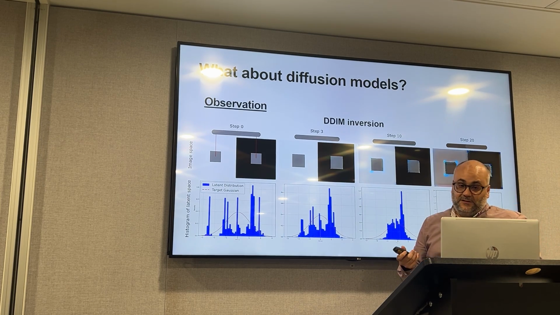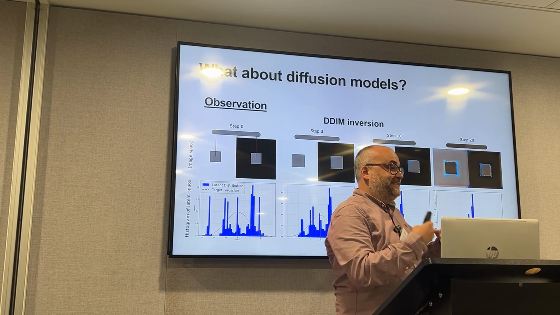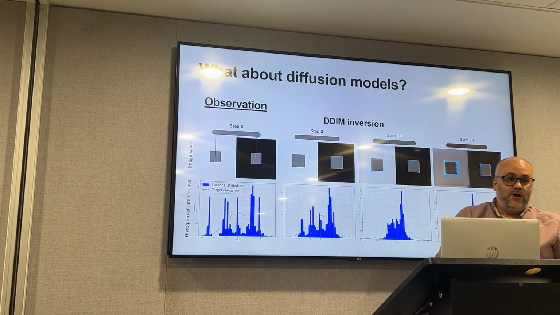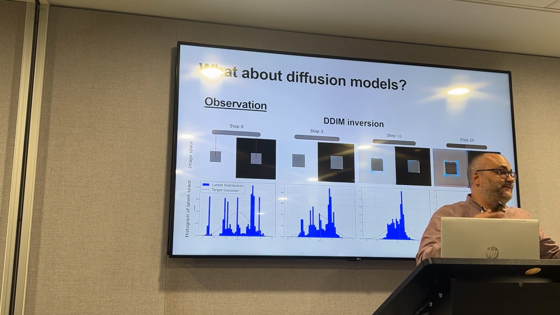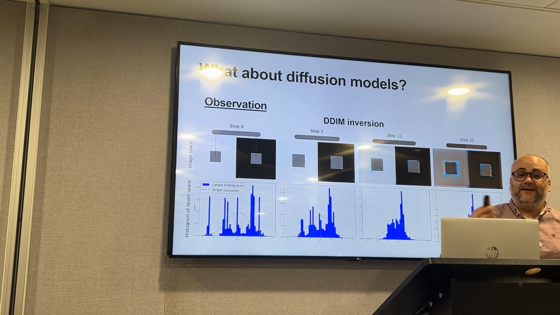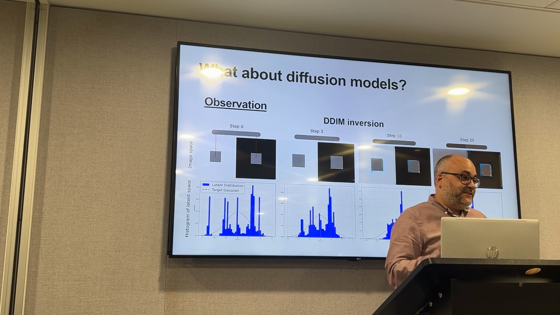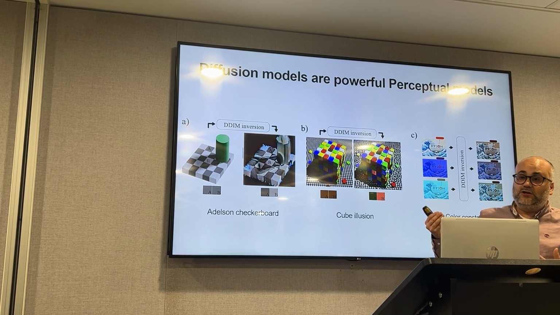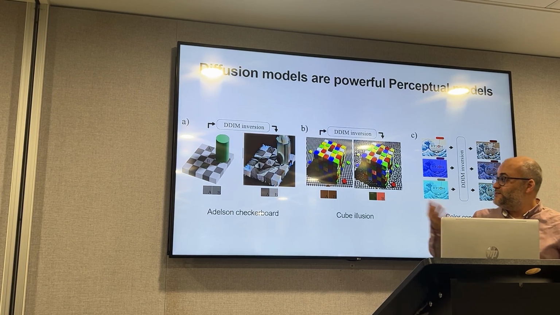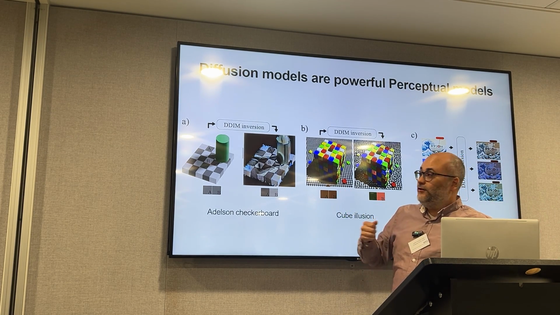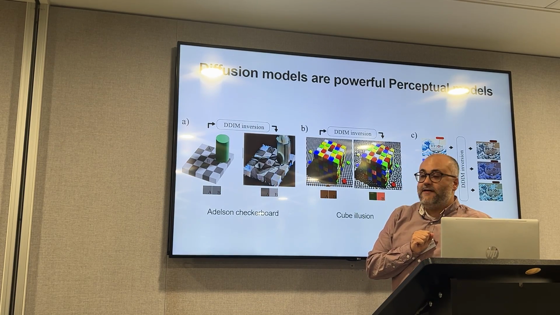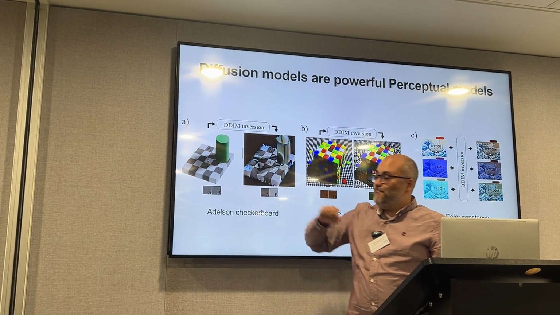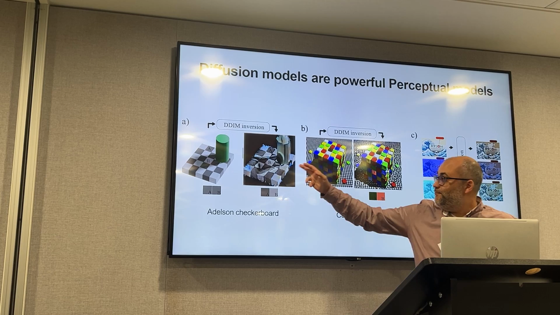Of course, you can say, oh, this is just lag. You just try the white color illusion. Maybe it's just something that appears in one and does not happen, but that's not the case. If we do the same in different illusions, we just do between 5 and 20 DDIM steps, we get the effect. For example, in the famous Adelson checkerboard, so A and B, even if you don't believe they have exactly